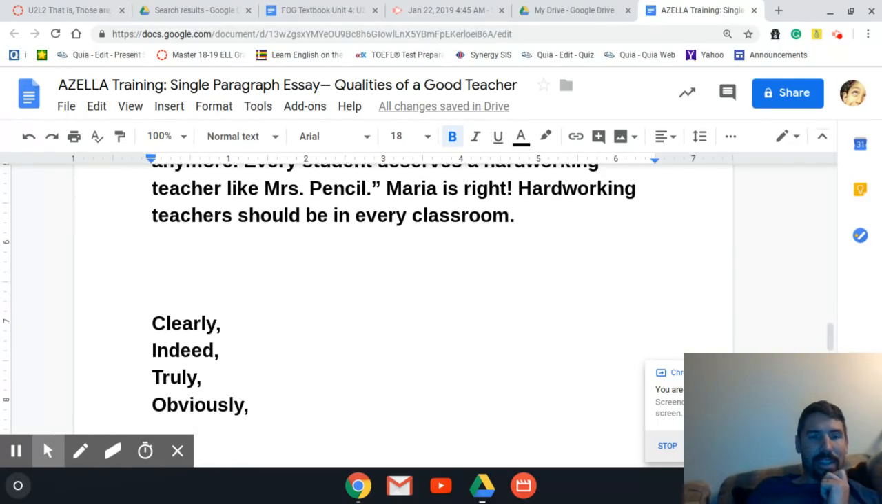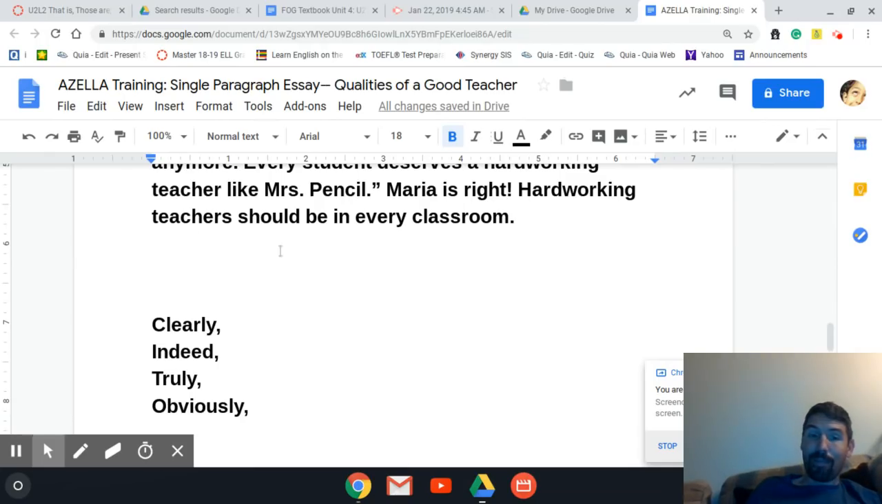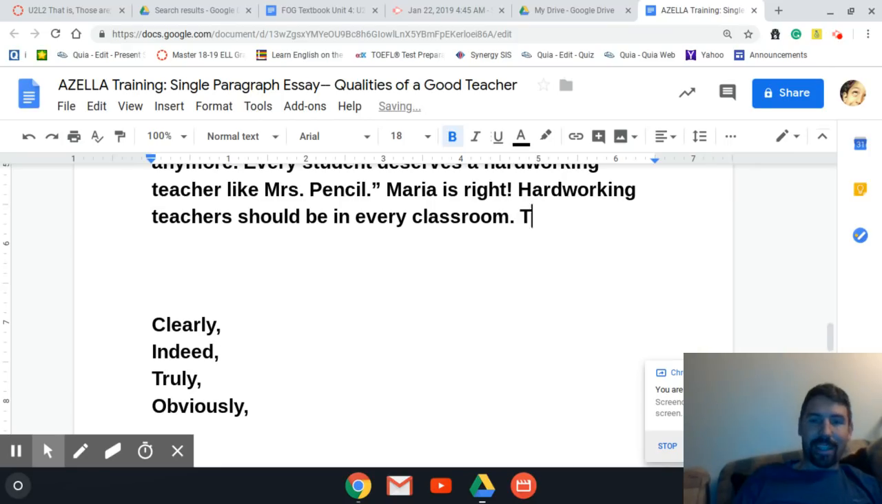Okay, so clearly, indeed, truly, obviously, we're going to use one of these. It doesn't matter which one. They all mean pretty much the same thing. But these are nice words that help us to transition from that last reason or that last example of what a good teacher is to what the overall main idea of the paragraph is. I'm going to go with truly because it's the shortest, and I'm not a hardworking teacher. I'm a lazy teacher. Truly,